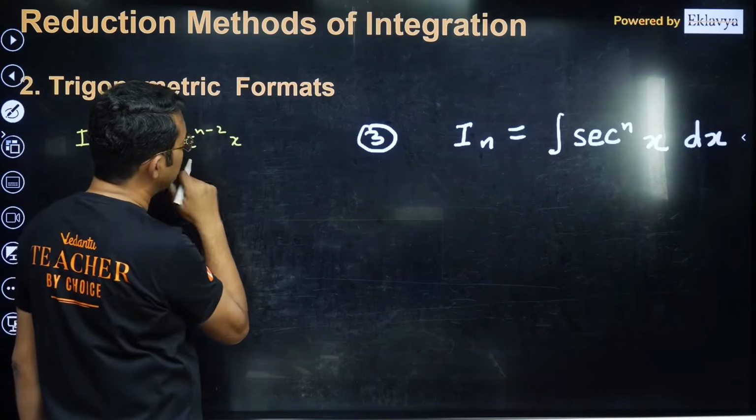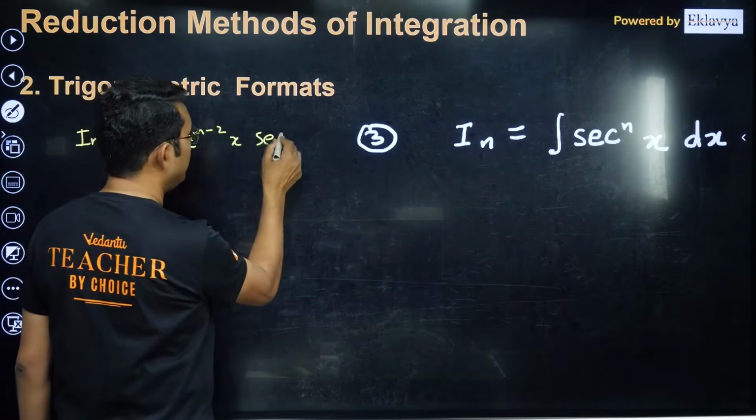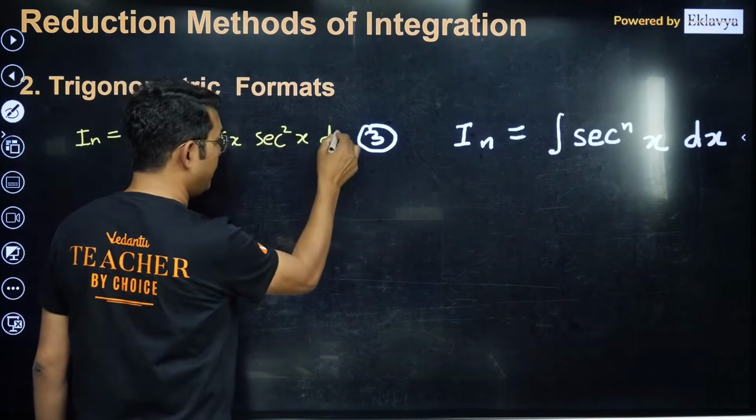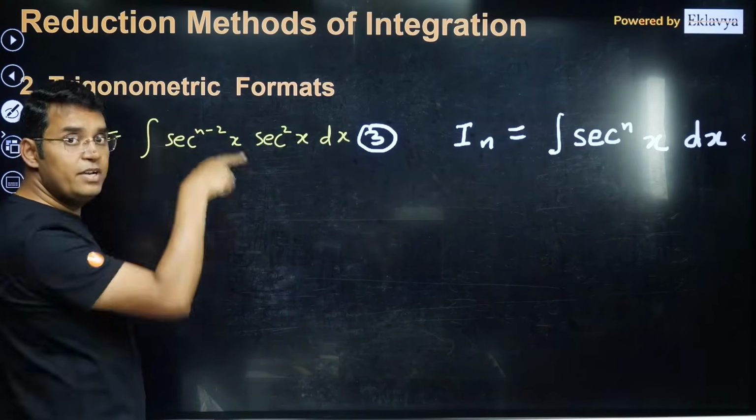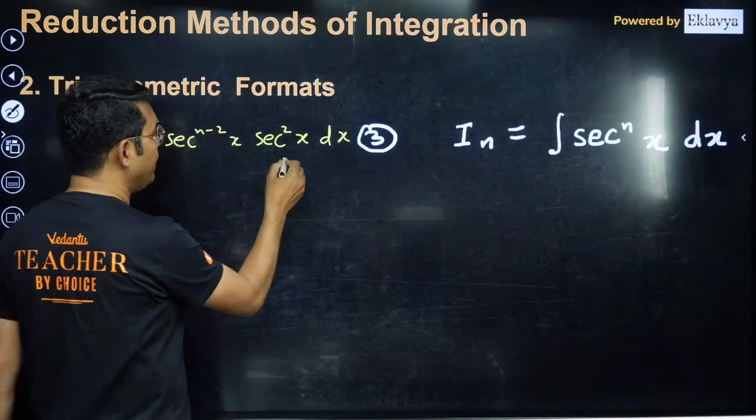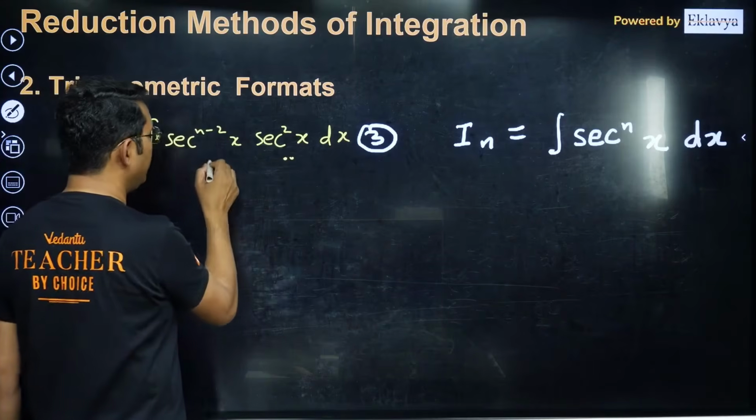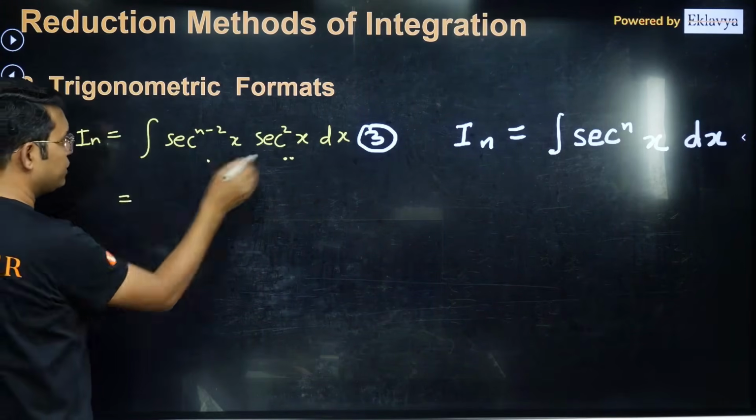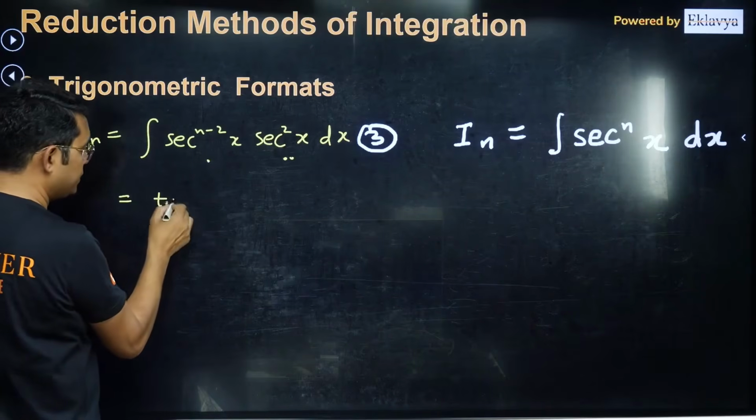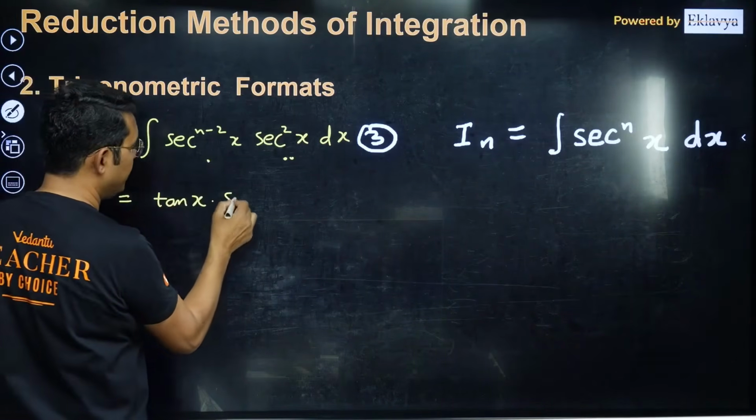Secant square x, yeah, I will be writing that way only. But after that there is a change. You will not be doing it by the method we did for tan. Rather, we will be taking this as a second function and that as a first function. So integration by parts. My second function's integral would be tan x. First function will be written as it is,